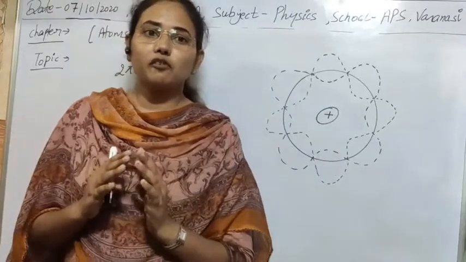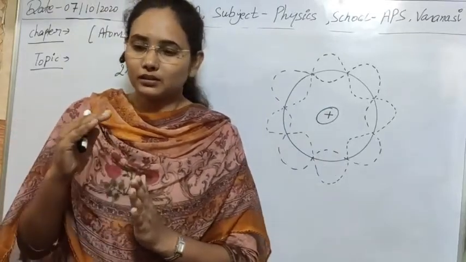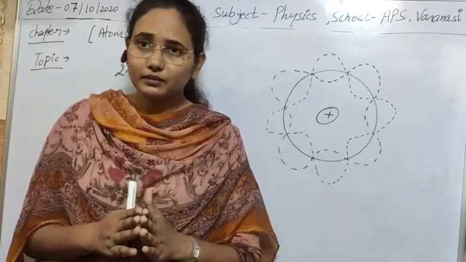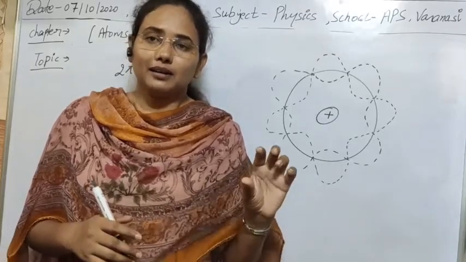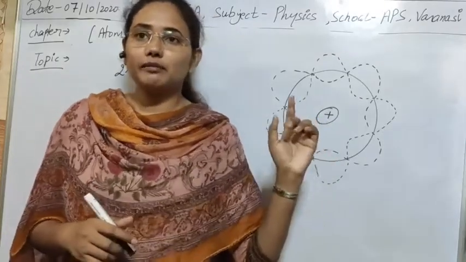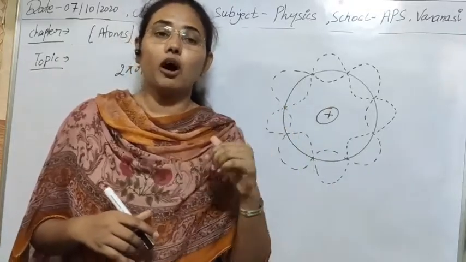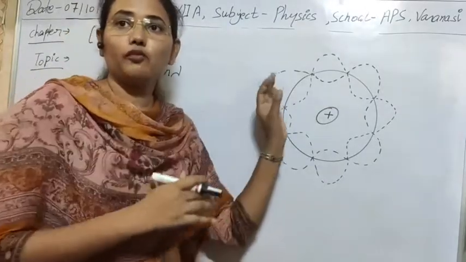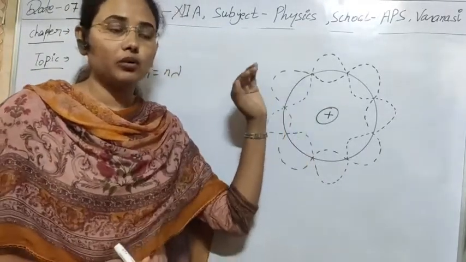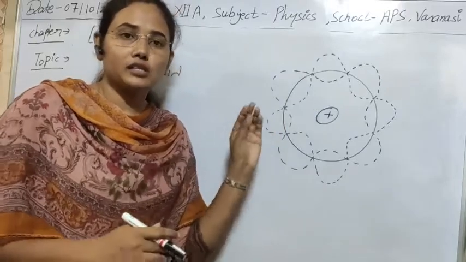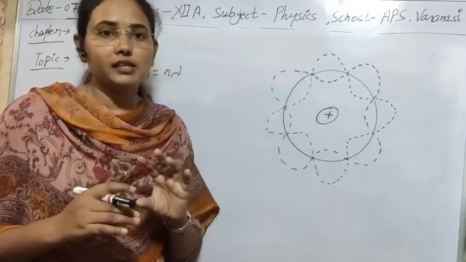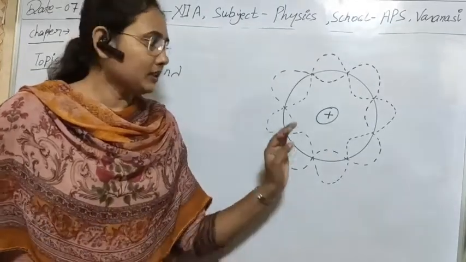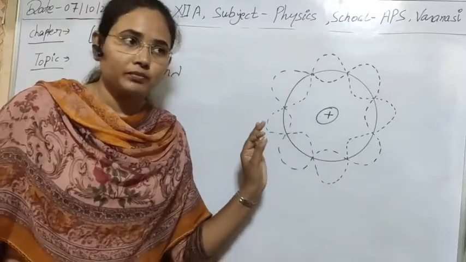So standing waves are formed only for those wavelengths which fit an integral multiple. The path depends on the wavelength, and that wavelength will be in the form of an integral multiple. There is no formation for every wavelength; there will only be a standing wave for certain wavelengths, in the form of an integral multiple. I think this is clear to you.